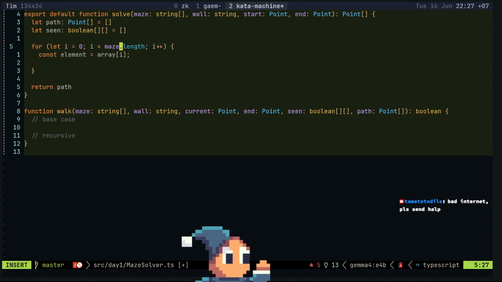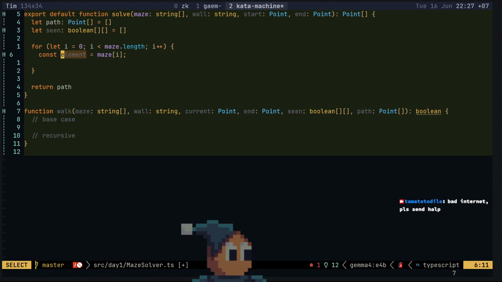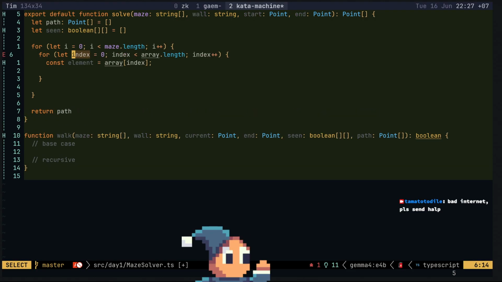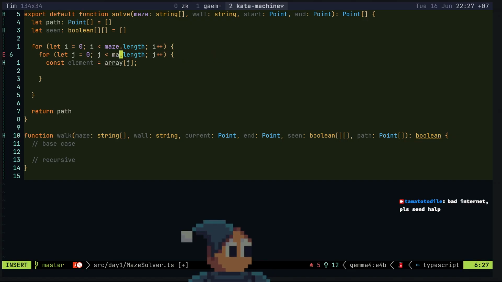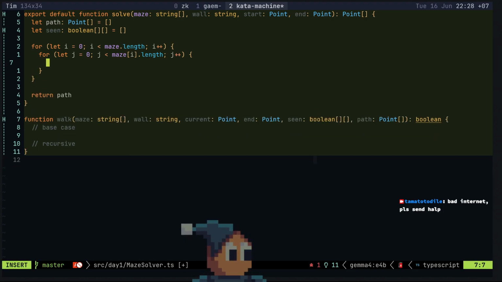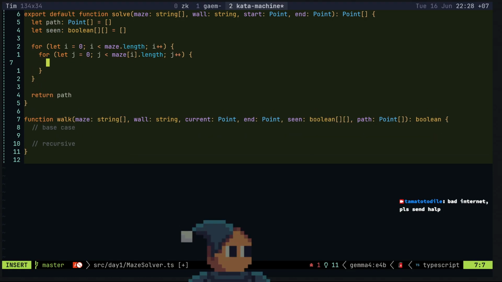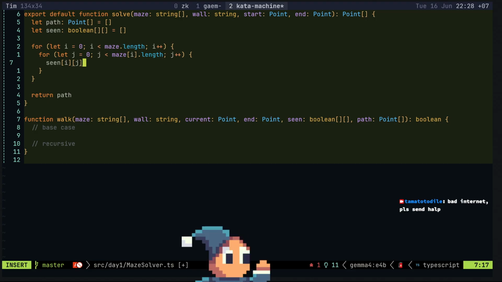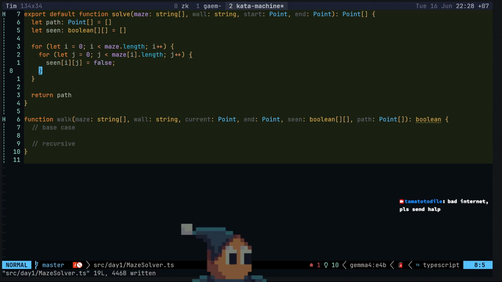Maze length. And J. Maze. What are we doing here? In my J. Pos. I think that's, yeah, we're just initializing it.